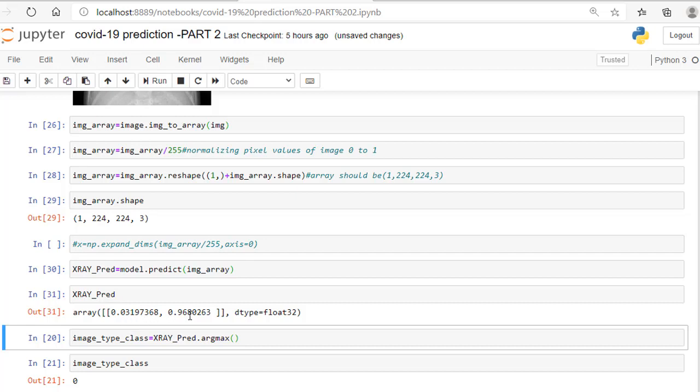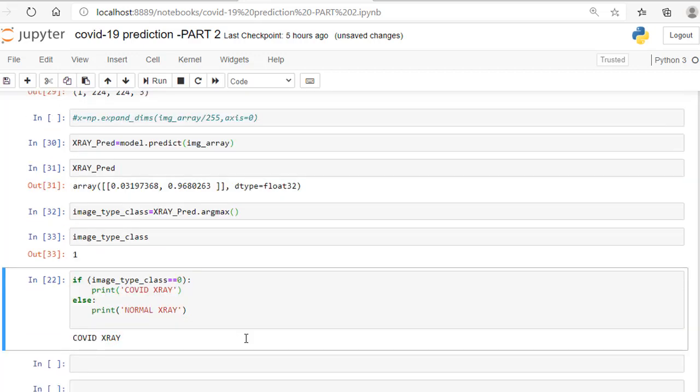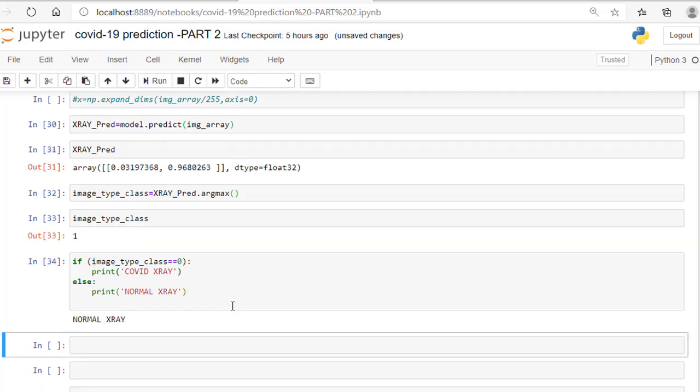If I pass these values to the argmax method, I will get the maximum value's index. Let us see what class it belongs to. See here, I got image type class 1. If I got 1, it should print normal X-ray. Let me check. Yes, this is a normal X-ray.